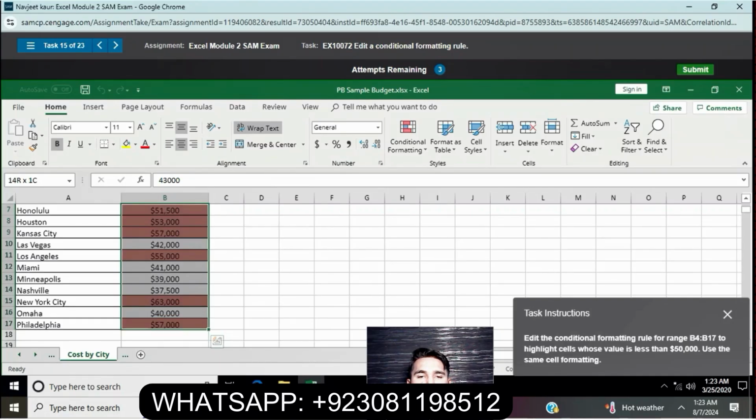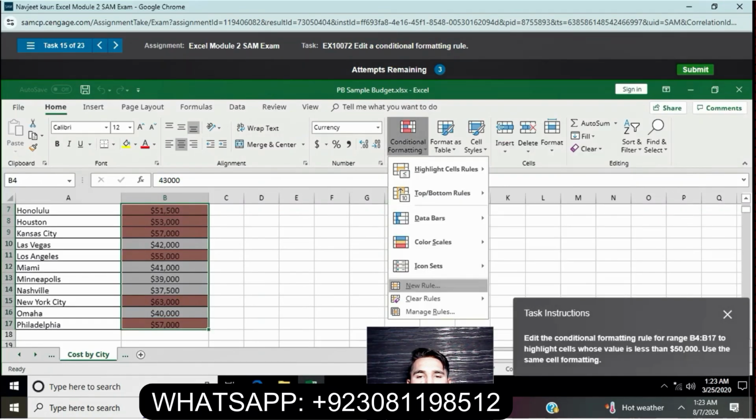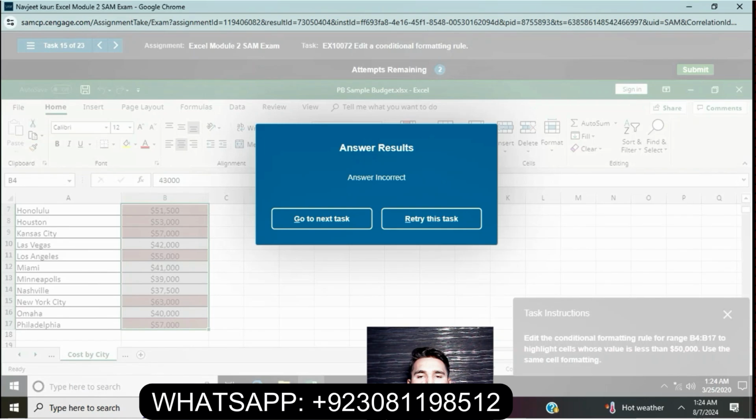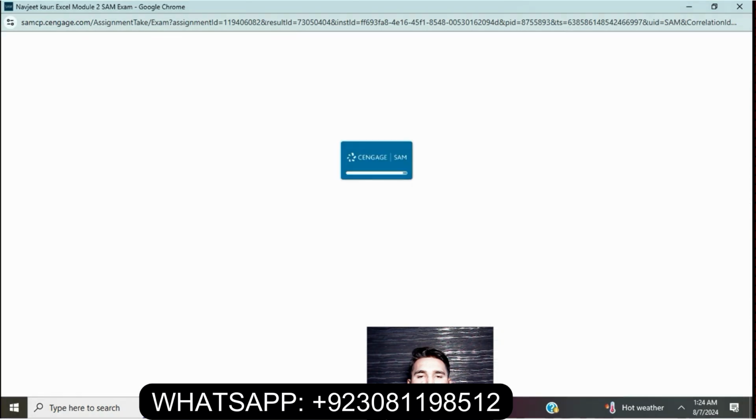First we select this range, go to Conditional Formatting, use a formula to format cells where the value is less than $15,000. Okay, we retry this task. Sorry.